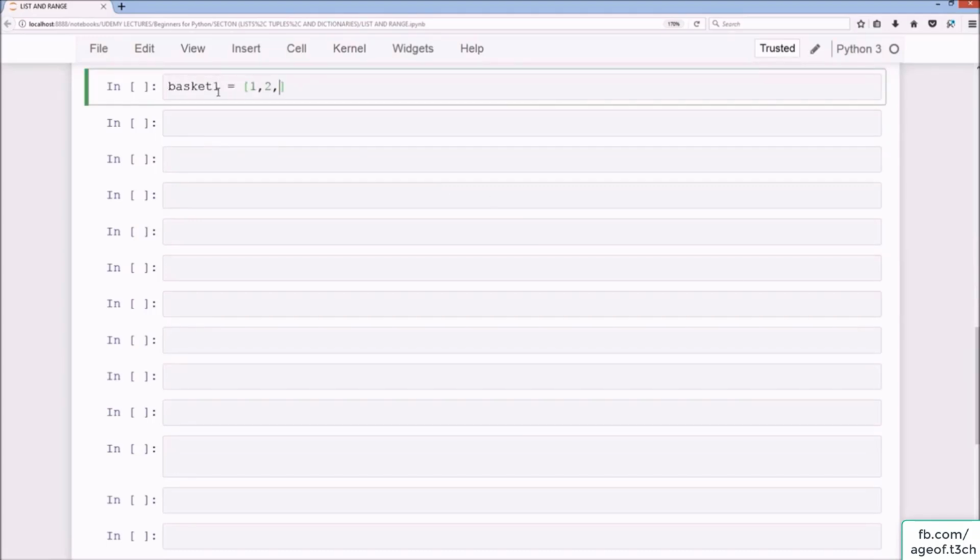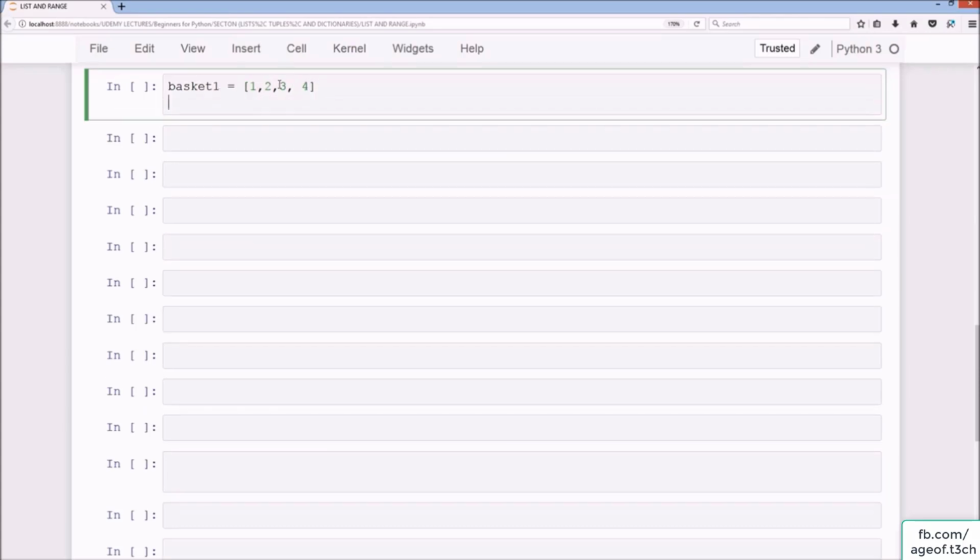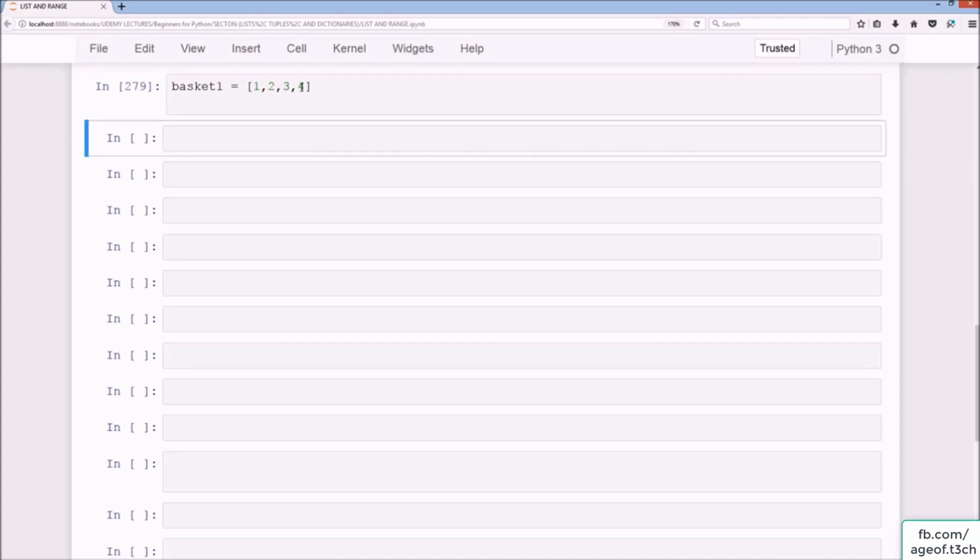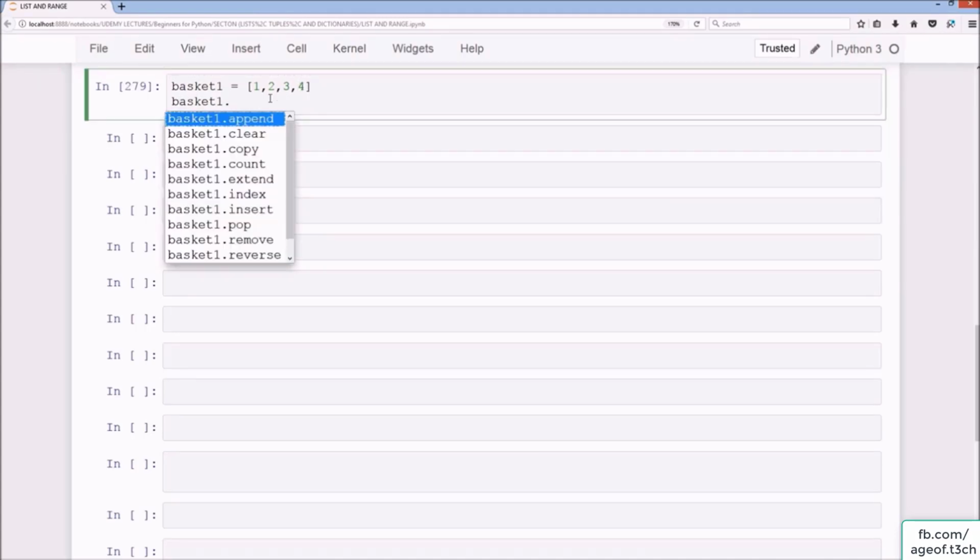basket1 equals 1, 2, 3, 3, and 4. And if I just move that aside there, okay. And let's say if I do basket1 dot tab, as you can see here, what we have is all the available methods and functions that we can apply to our variable called basket1. Okay, and what we're going to do is append